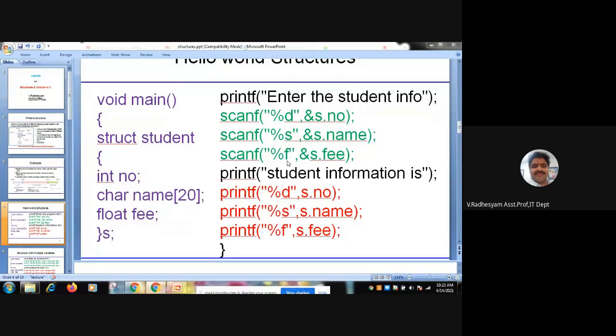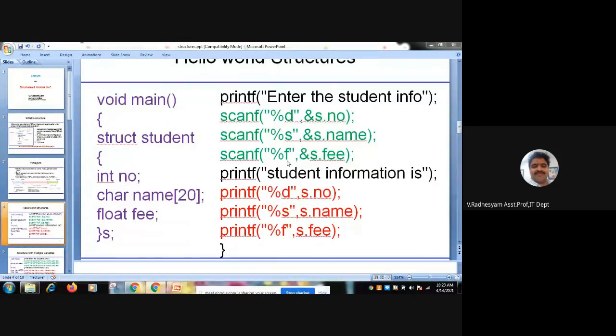Now the same information, whatever we have taken from the keyboard, the same information I am printing again. %d comma S dot NO, no ampersand, since you are printing. %s comma S dot name, no ampersand, since you are just printing.